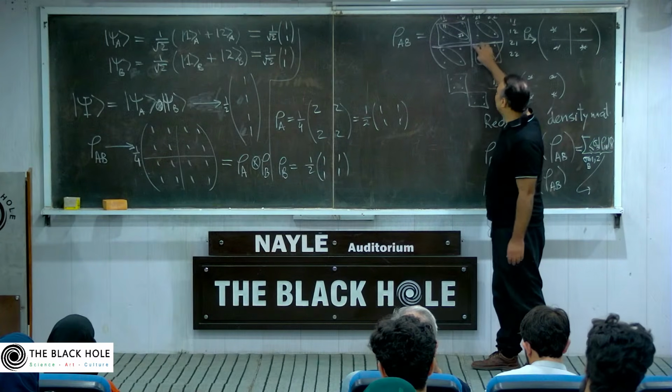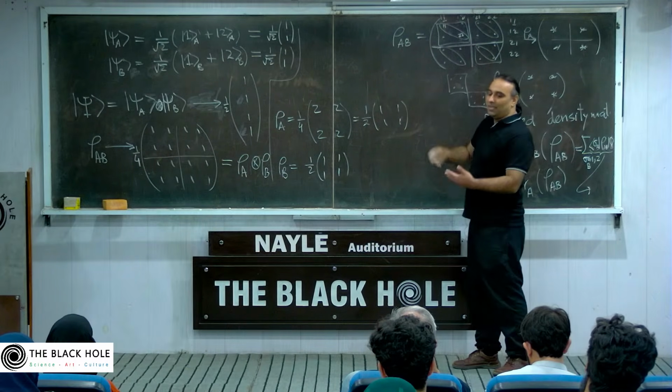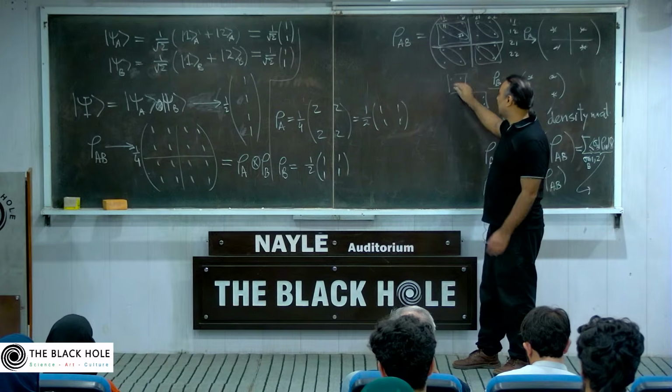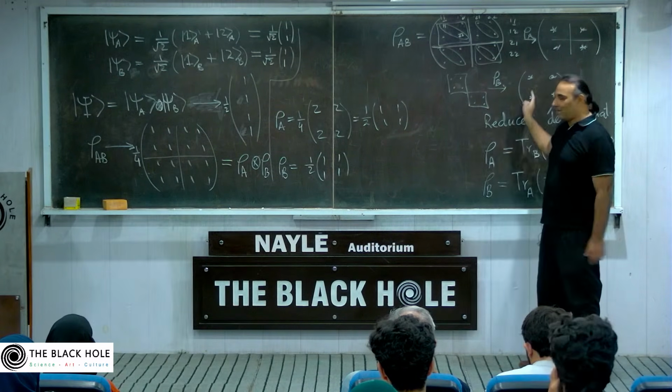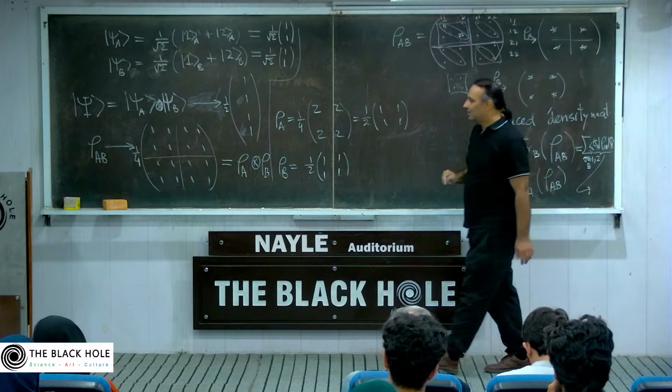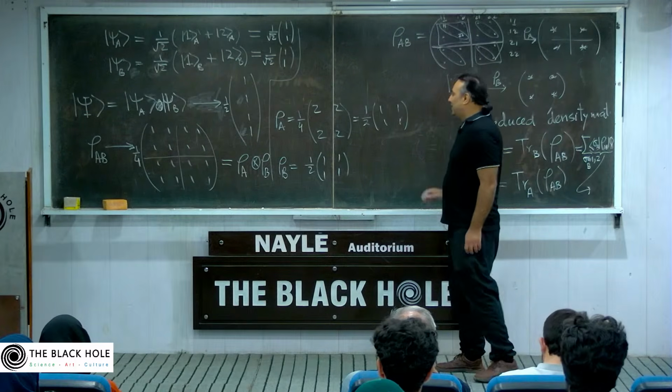Two blocks. I discard these off diagonal blocks. I only take these diagonal blocks and I sum them up. So by summing them up, I get one 2 by 2 block. So that would be row B. Okay. Now,